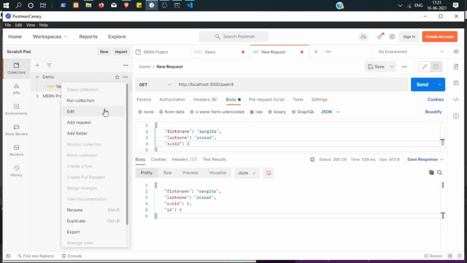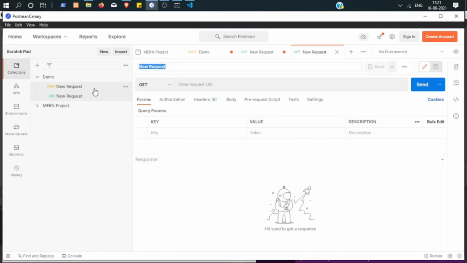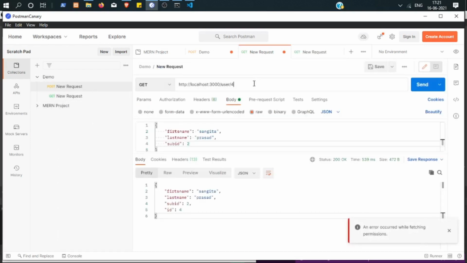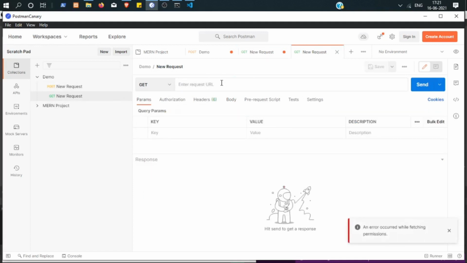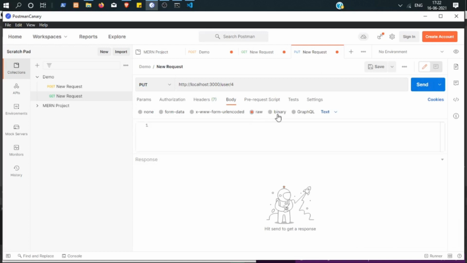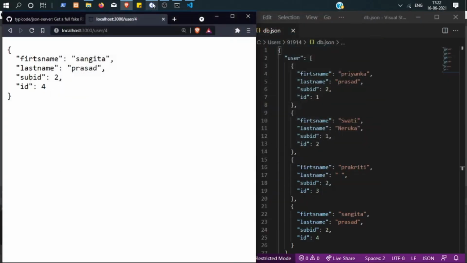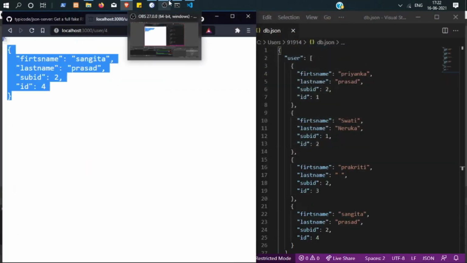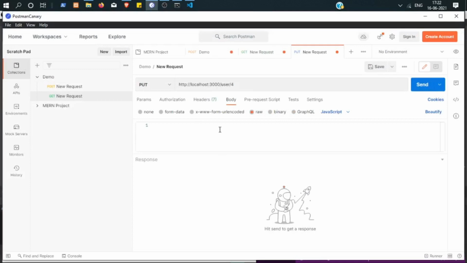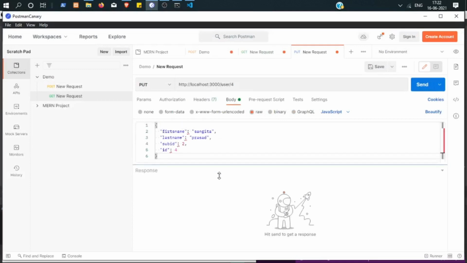Okay, let me make one new request. PUT method, and I need to go to body, raw, and the format will be JSON. Okay, let's copy this and put it over here.